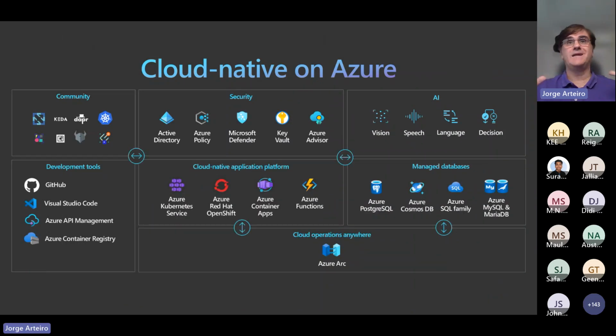And where Cloud Native is on Azure. Now bringing containers to Azure, we have a few products. One of the main products is called Azure Kubernetes Service here in the middle. We also have Kubernetes done by Red Hat called OpenShift. We have a serverless version of Kubernetes called Azure Container Apps. The difference between Azure Container Apps and Azure Kubernetes Service is that one is a kind of serverless offer where you don't have to manage many things, but it's not as flexible as Azure Kubernetes Service.